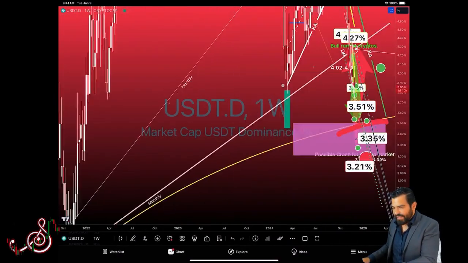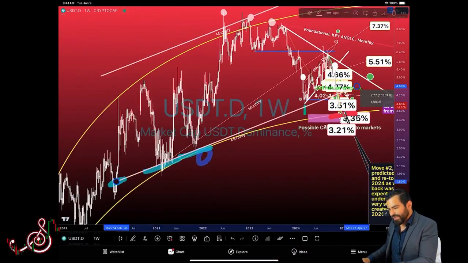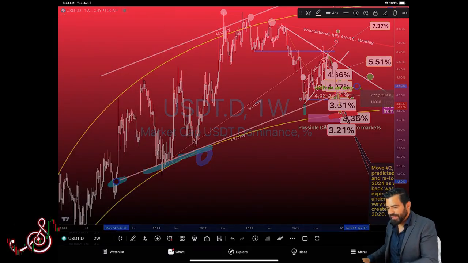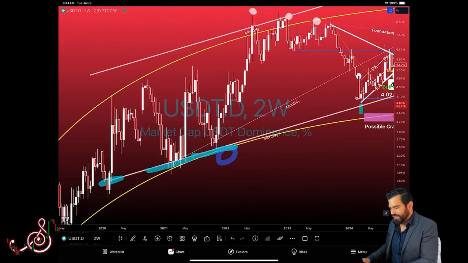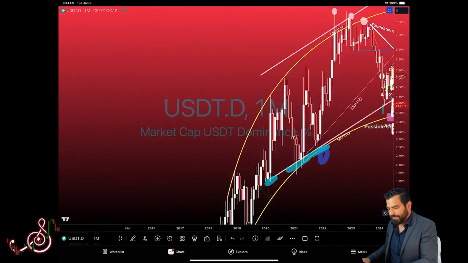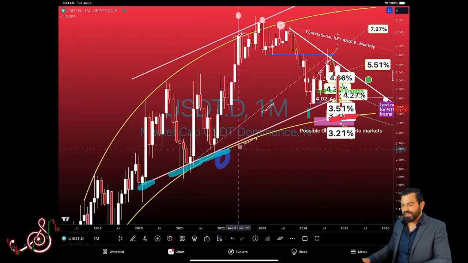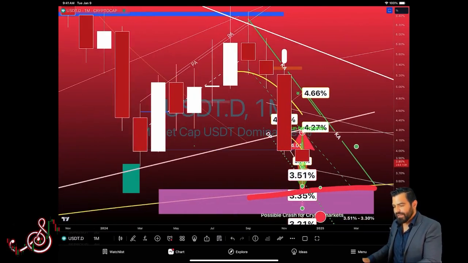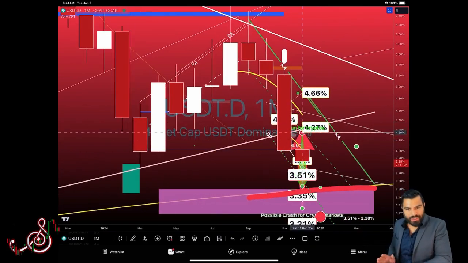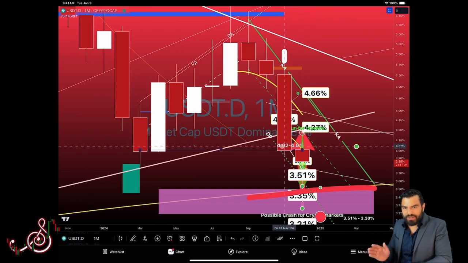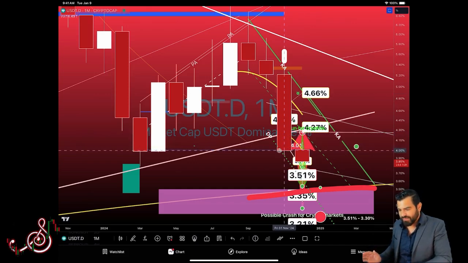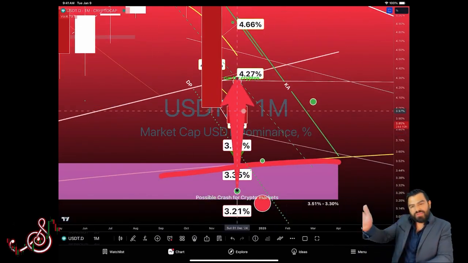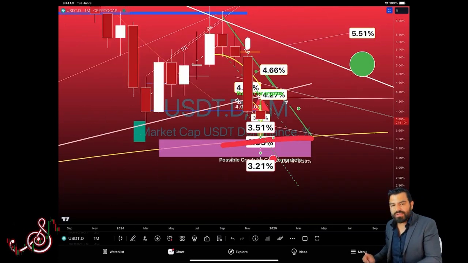Okay? So when we can see this one building structure underneath this angle, which has been built for years, here's the weekly look. When I see that price is now finally underneath this angle, I think it's even on the monthly chart. So here's a look on a monthly chart. Yep, here's the monthly look. Even on a monthly chart, we're starting to build underneath this angle and get those closes underneath that angle. On the monthly chart last month, November, it tells us primarily we're going to be looking for this to continue towards where we're going.